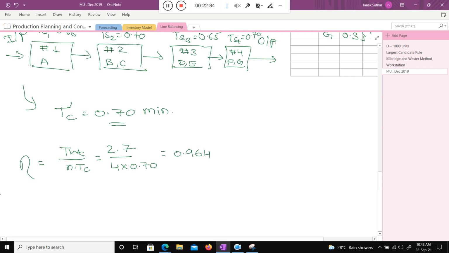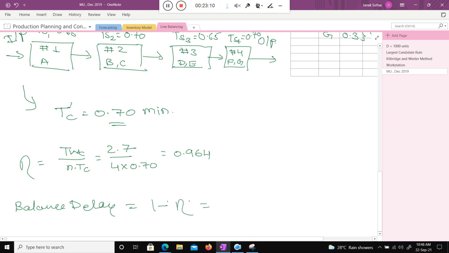Now what is the balance efficiency? It means the part you are not utilizing; that is known as the balance delay. So how do we calculate it? The balance delay is equal to 1 minus efficiency.